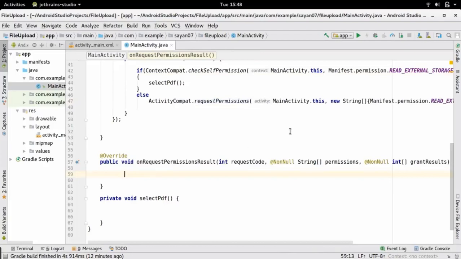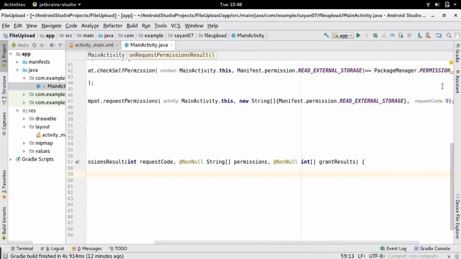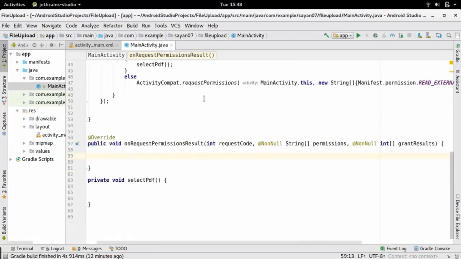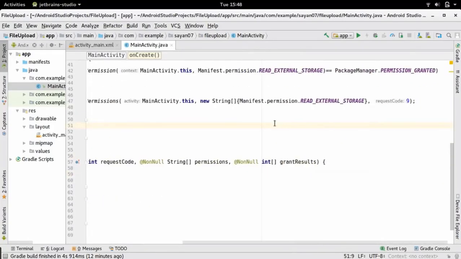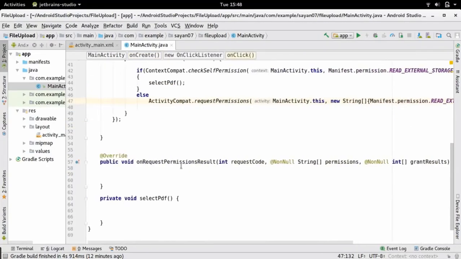So now see, we have passed an integer here, that is 9. So this request for permission is invoked with a request code of 9. Okay, so we are going to check that the request code is actually 9 or not within this method.